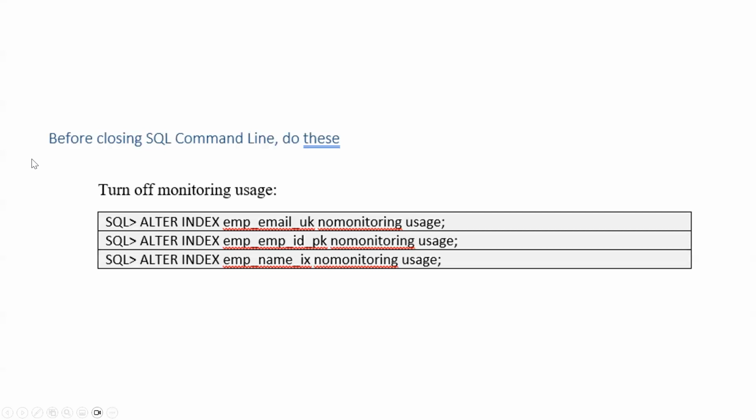Now before closing the SQL command window, you need to make sure that you have switched off all the monitors. So with this